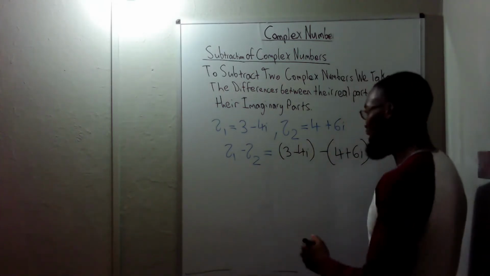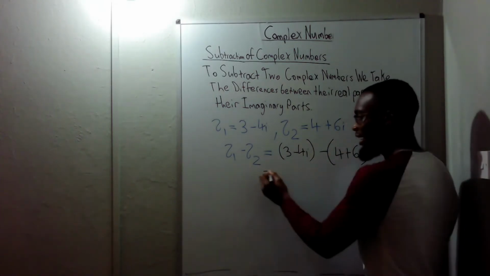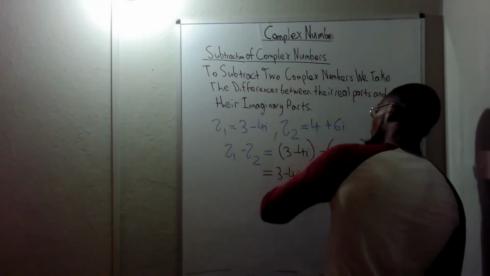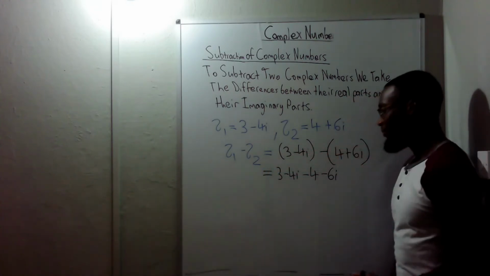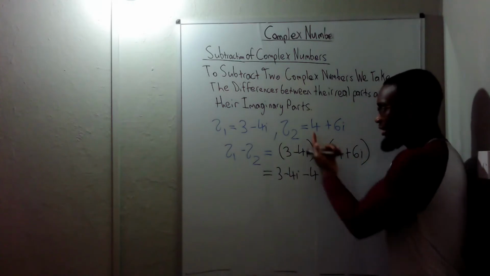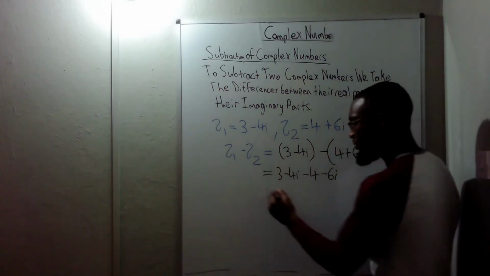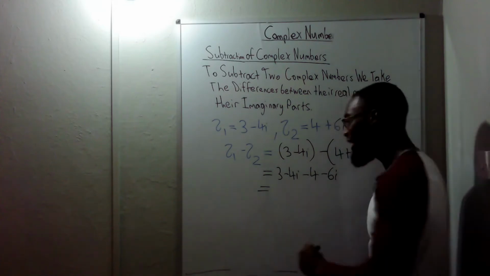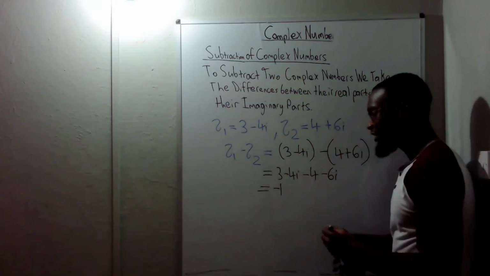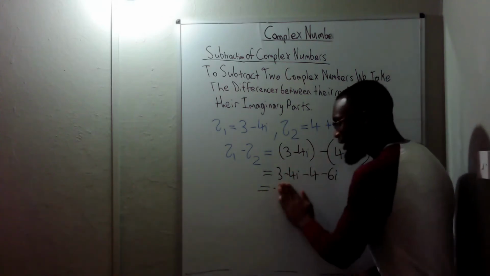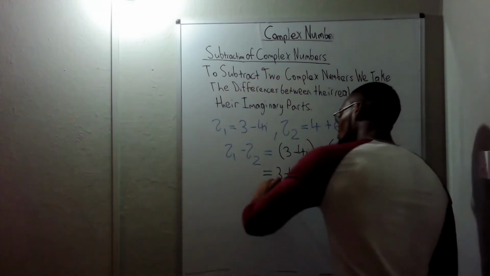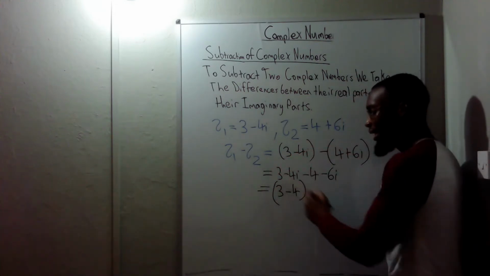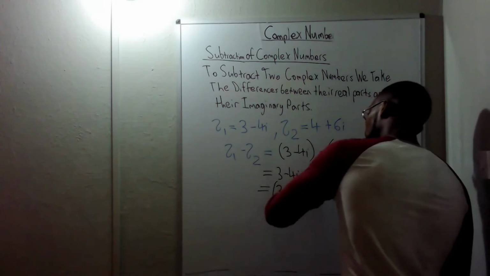So do our subtraction, expanding the minus sign, this becomes 3 minus 4i minus 4 minus 6i. When you expand in the minus, in this case, everything becomes minus. Now 3 minus 4 is negative 1. Alright, so group the real parts then. Let's not even skip the steps, see it here. We just group the 3 and the minus 4. And then we'll group the imaginary parts together, the minus 4i